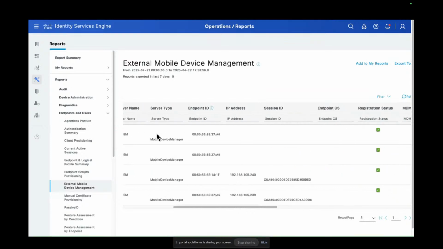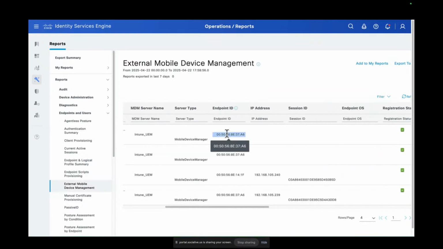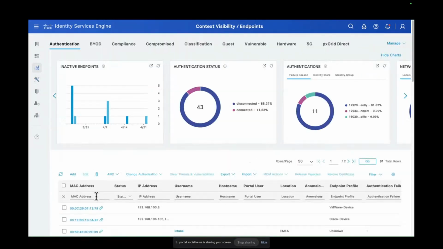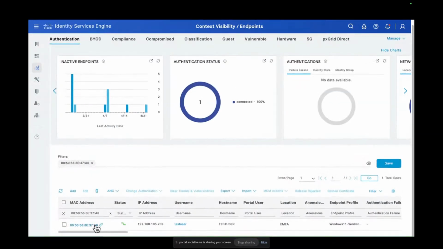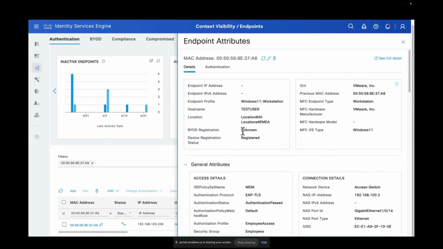You can also copy this MAC address and search it from the context visibility. If you go to the context visibility and search for this MAC address, you'll find all these attributes straight away. If you click on this, you'll see the drawer window instead of navigating to another window. You can be on the same context visibility screen and immediately glance through all the attributes for